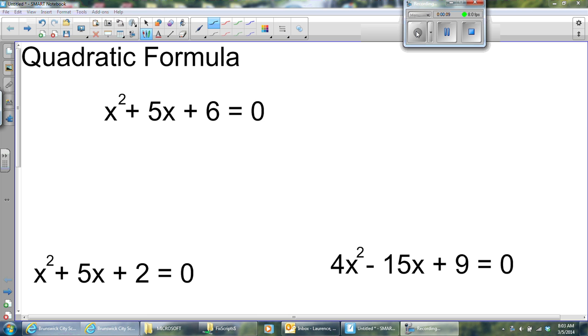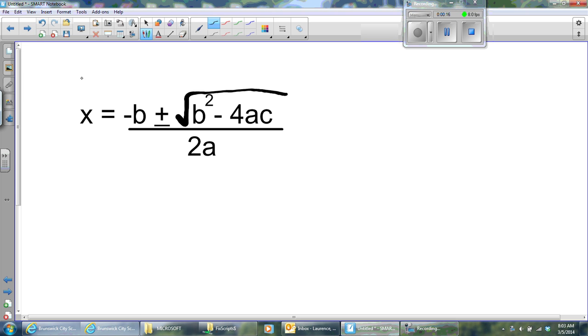This is Mr. Lawrence here, and today we're going to learn the quadratic formula. Now, you've got to learn this before you can use it. We're going to use it to solve quadratic equations. But the quadratic formula is x equals negative b plus or minus the square root of b squared minus 4ac